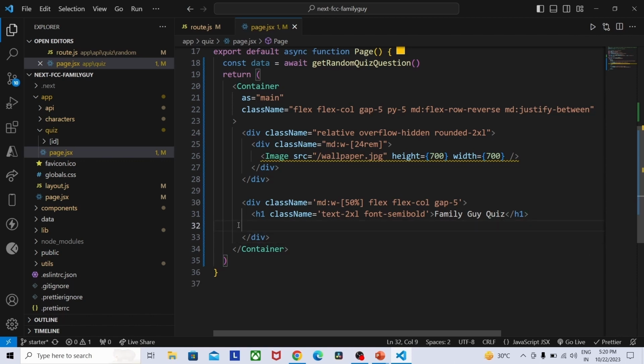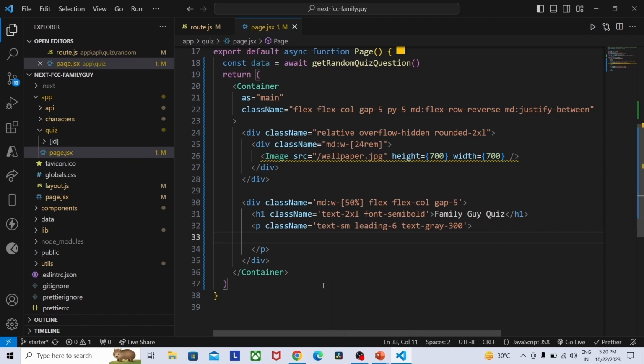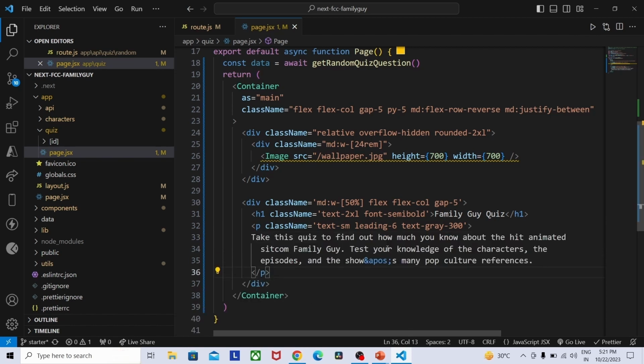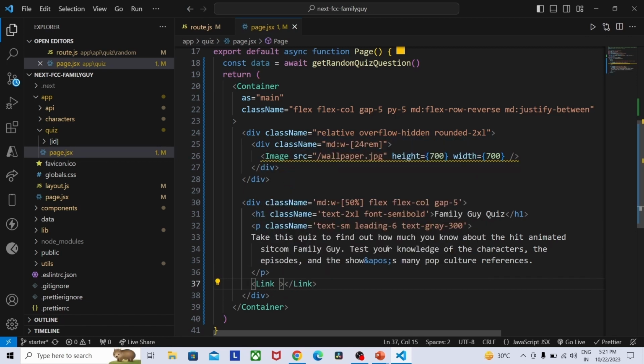Next, p tag class name. Here we have to provide some random text. So let me paste it here. So let me copy and paste it here. Pasted. After this p tag, we need to provide link tag, and href for the link tag should be backtick